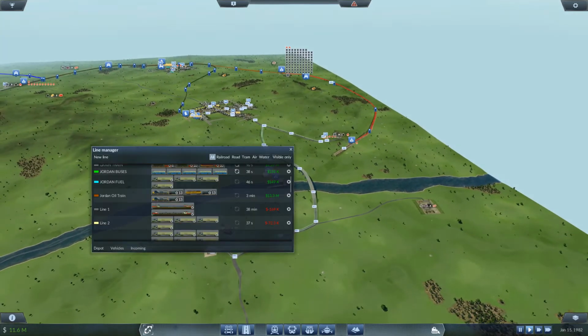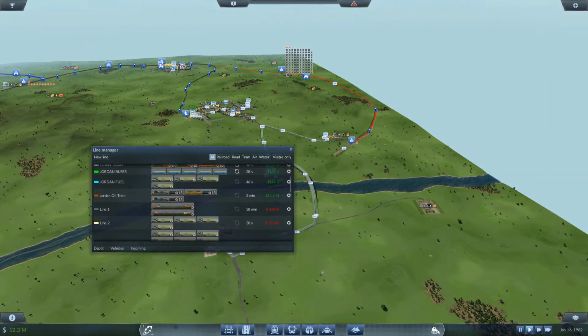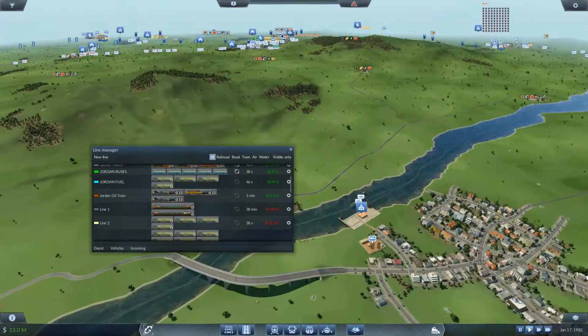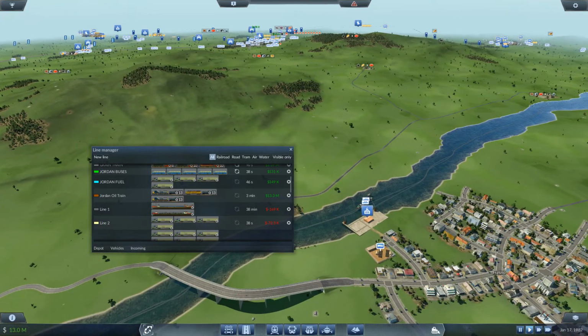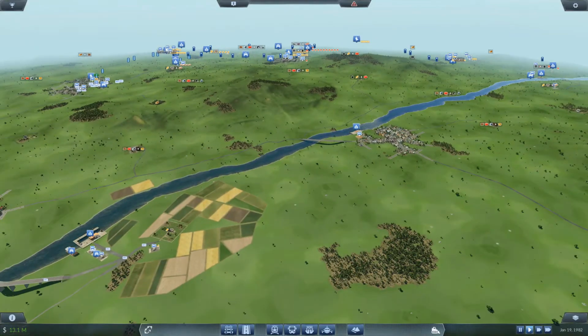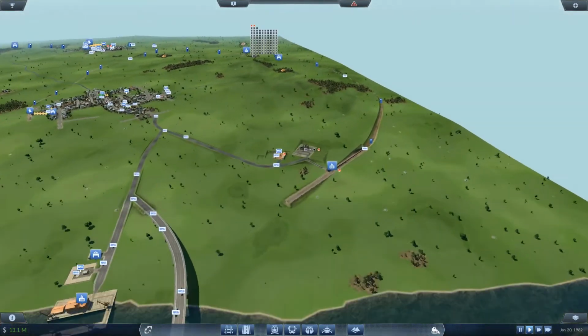So I haven't named all my lines yet. I'll have to get to that. But I'm definitely going to have to add some more boats. I only have two going right now, one fuel, one goods, and they're pretty slow, so I'm definitely going to do that. But to show you guys kind of what I'm doing and how everything's working, so we got our fuel train